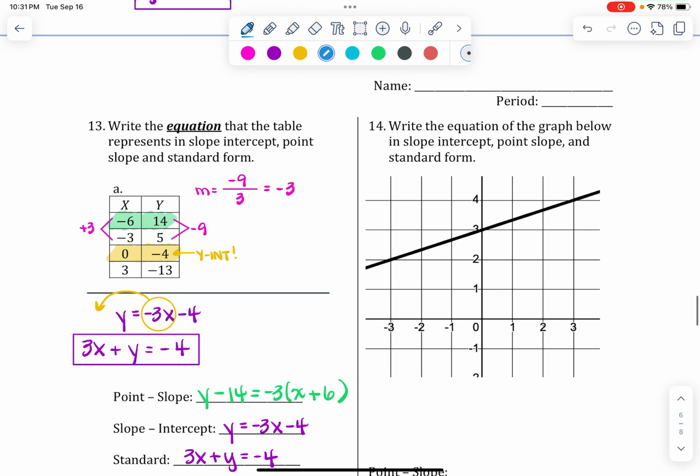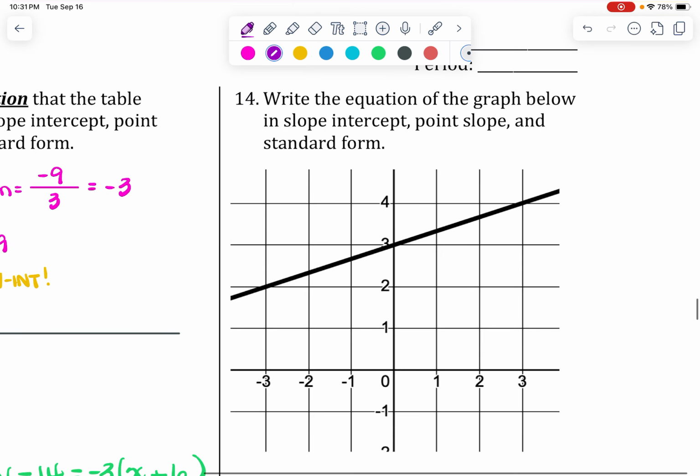All right, here we go. Going backwards. We give you the graph, you give us the equations. All right, so write the equation below in slope-intercept form. Okay, well, my intercept, let me pick a different color, my intercept is 3,